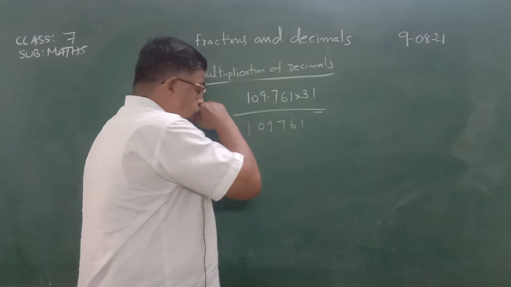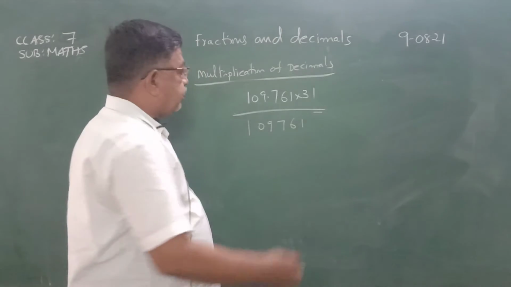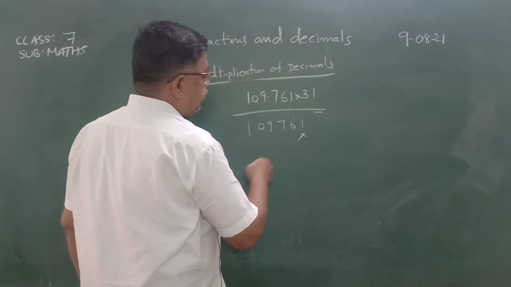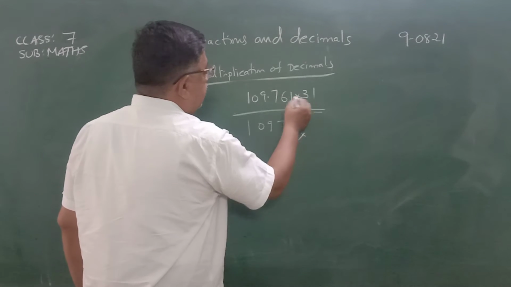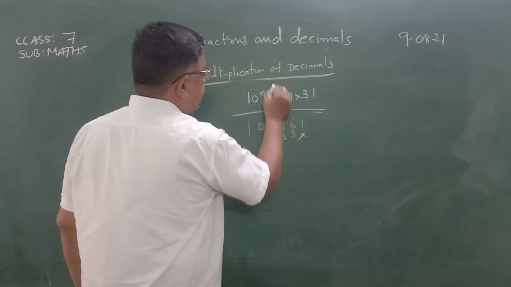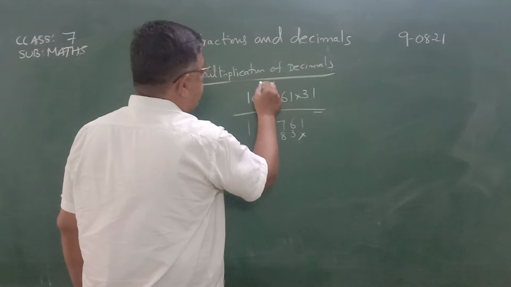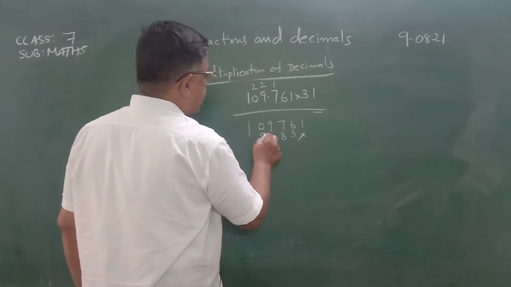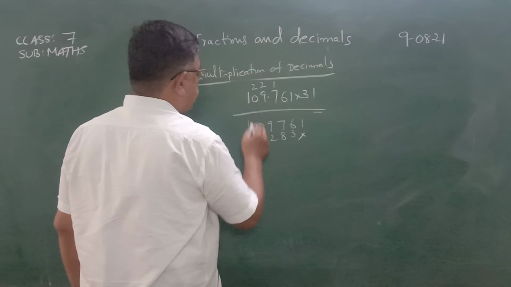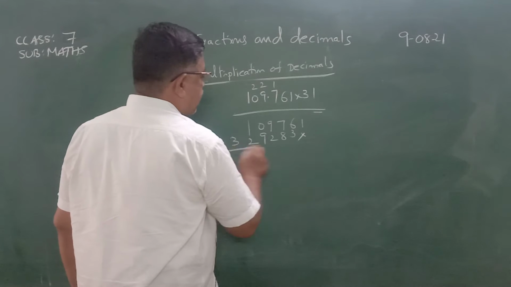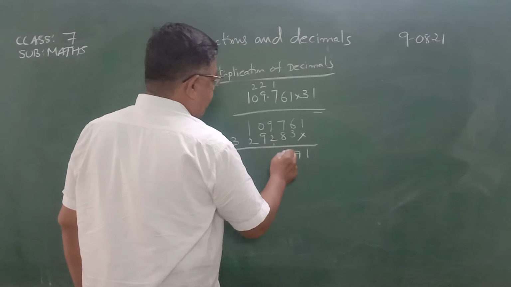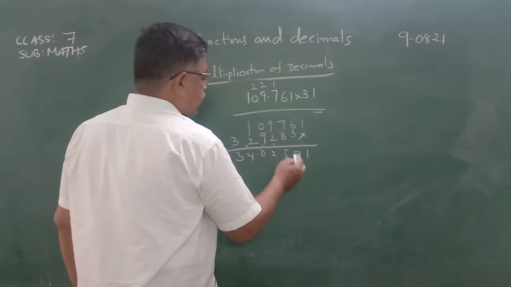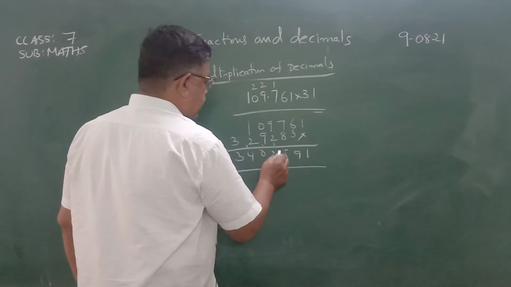Now you multiply with 3. 3 1s are 3. 3 is in the tens place, so here you keep a dot. Then 3 1s are 3. 3 6s are 18. 3 7s are 21 plus 1, 22. 3 9s are 27 plus 2, 29. 3 0s are 0 plus 2, 2. 3 1s are 3. Totally 3 decimal places. So the product is